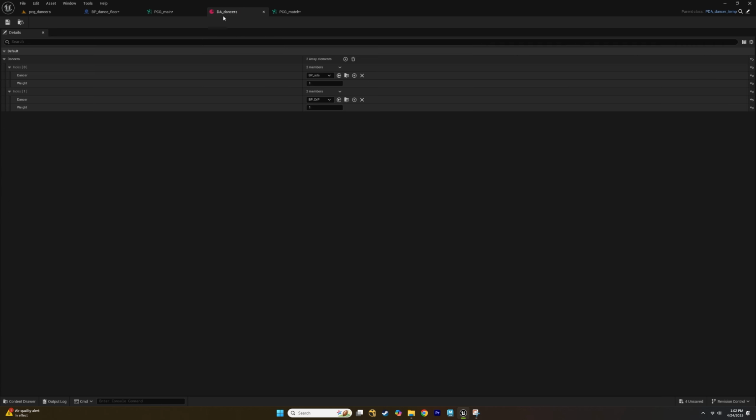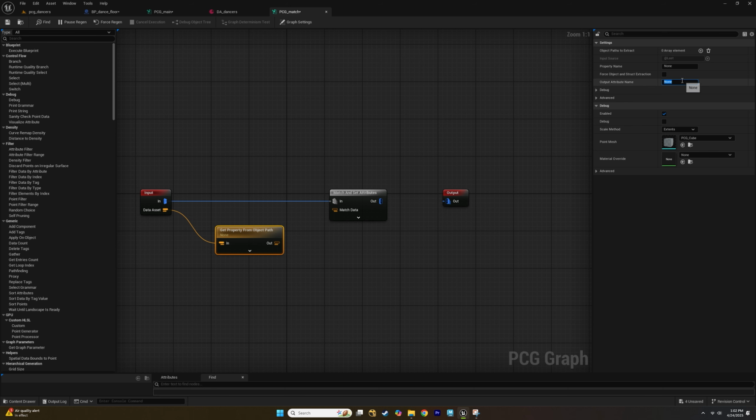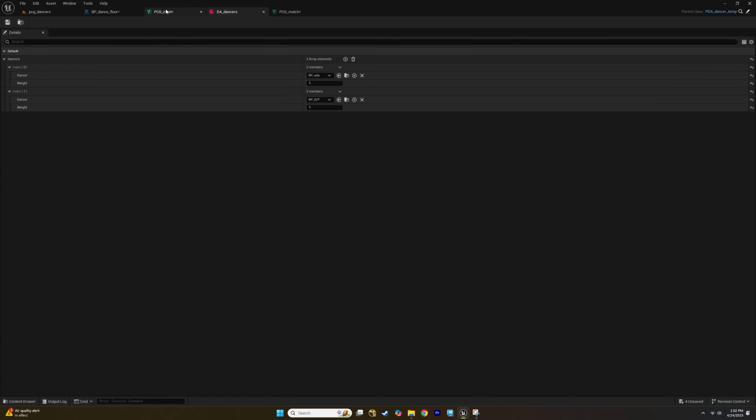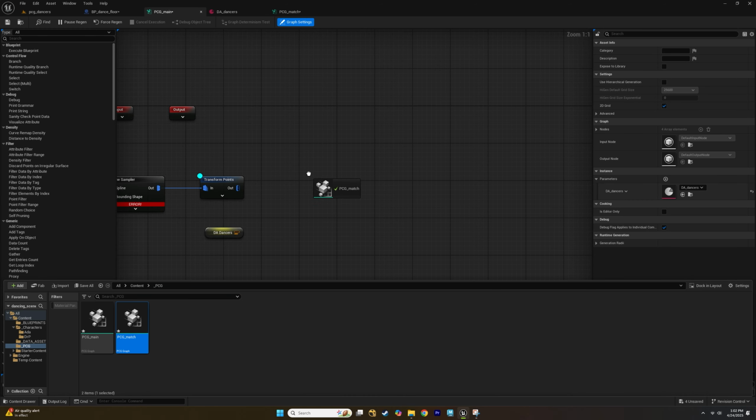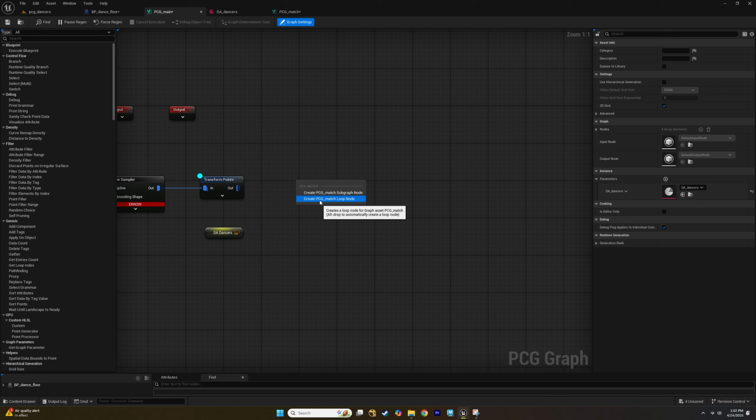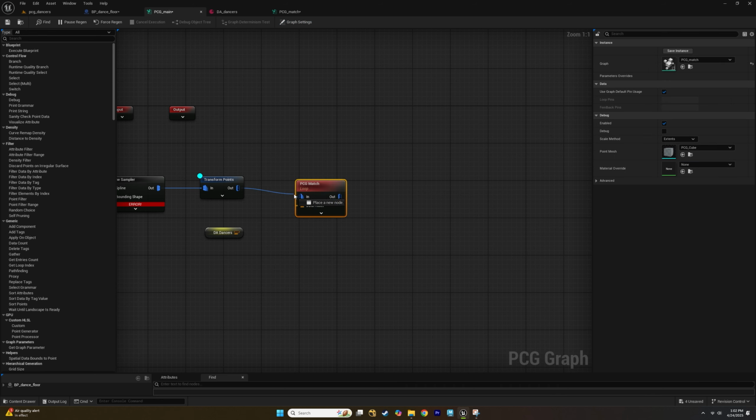But make sure, go to data asset, we have a dancer and we have weight, so it's going to be dancer, our property name. And then we plug that in, and then we do out. And now if we go back to our PCG main, we can open up our content drawer, PCG match, drag it in, make it a loop node so it loops through all the points, plug it in, and now,